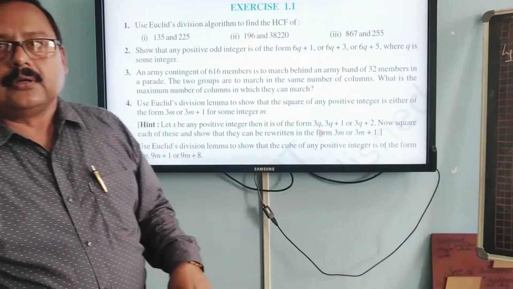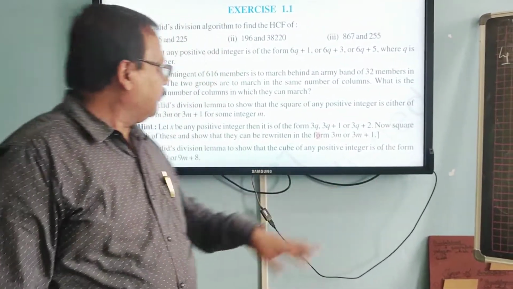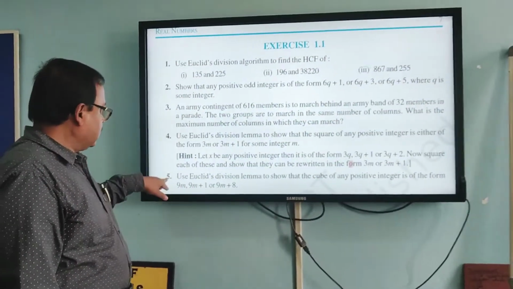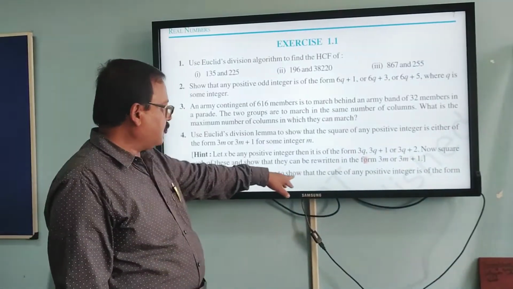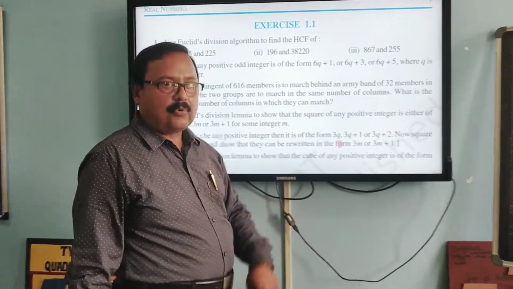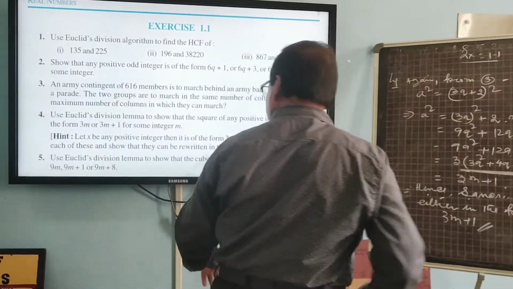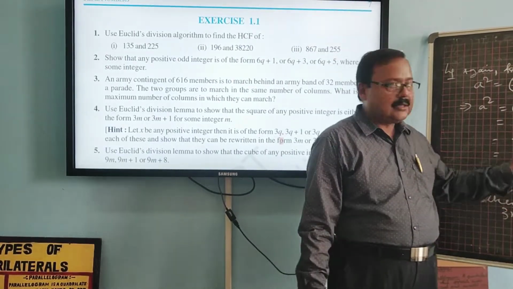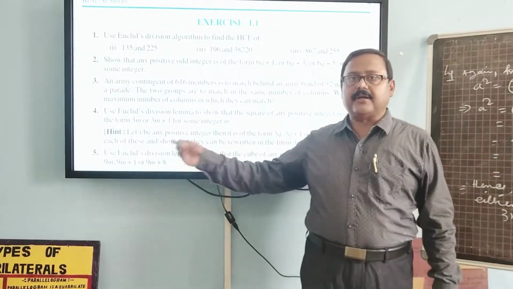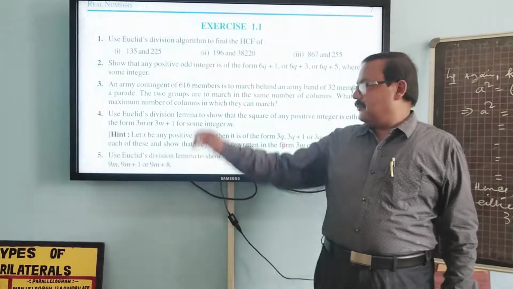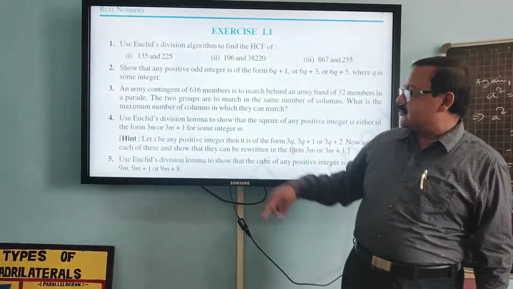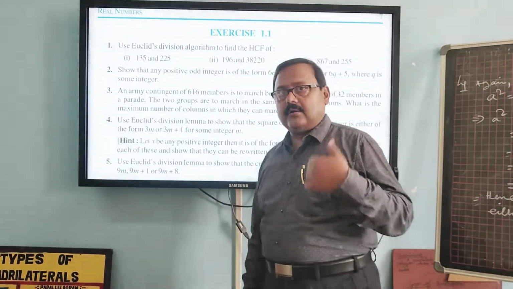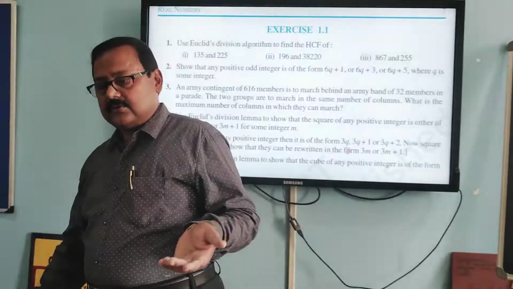Okay? Thank you. Bye. The remaining two problems we will do, and share using division lemma to show that the cube of any positive integer is of this form. It is like that: this was given for the square, and you do it for the cube, and you apply the cube formula. These two problems we will do, and later on I will show you again in the next videos. Okay.